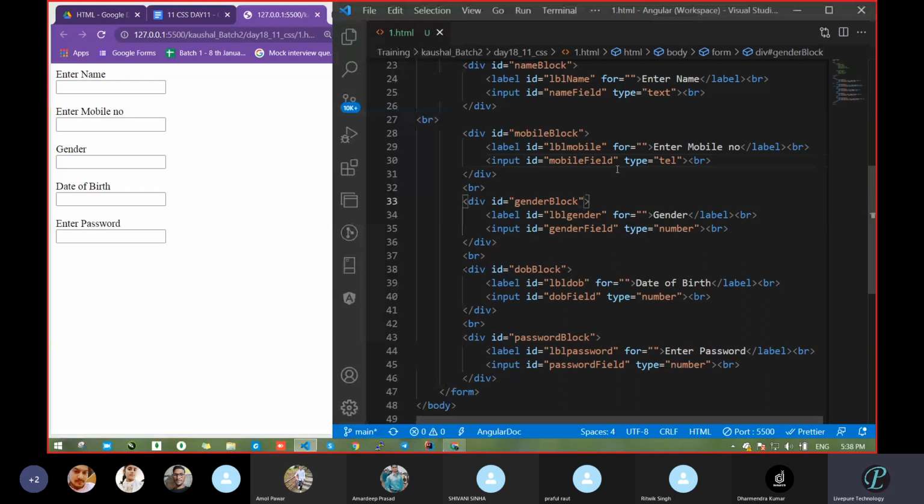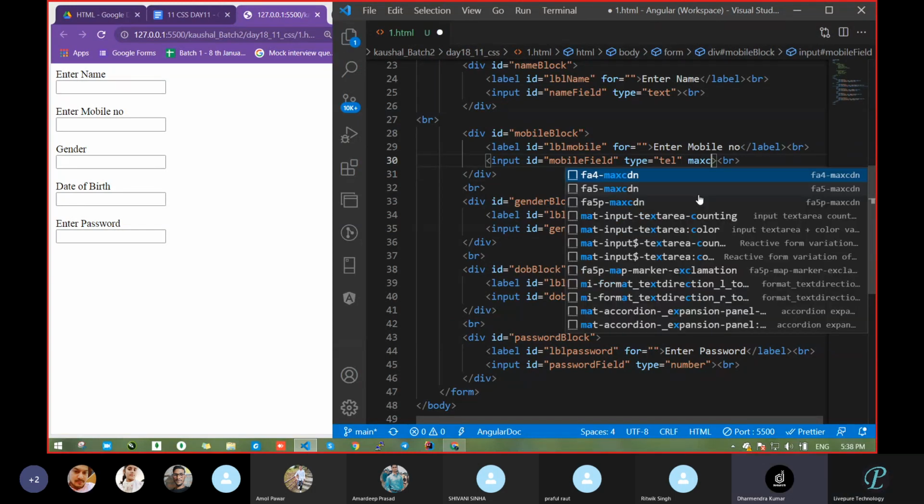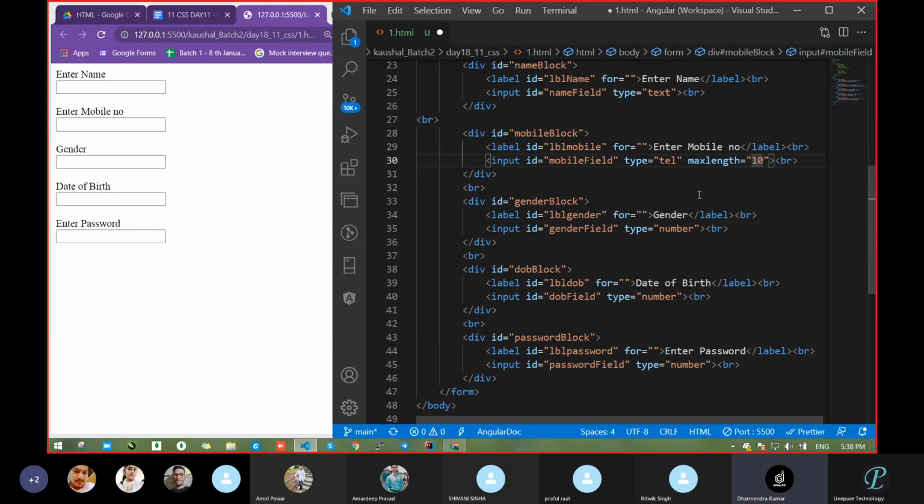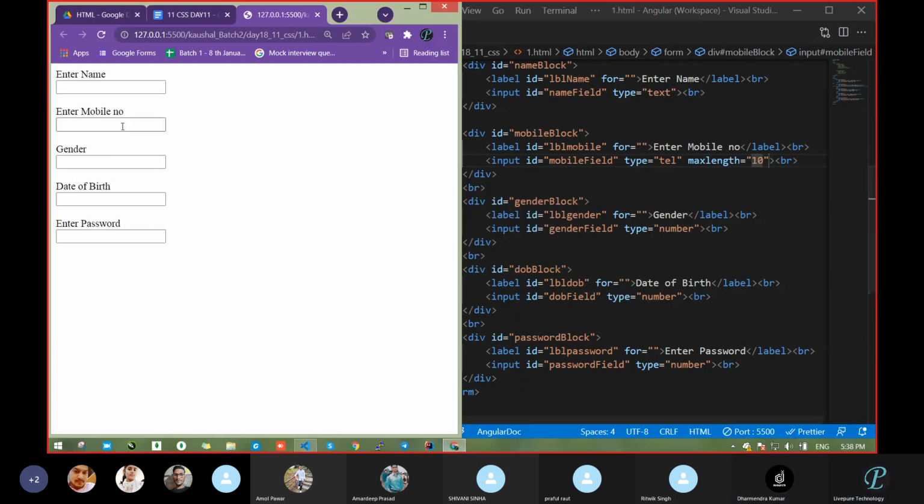Clear? Sir, can you pass the limit in a telephone number? Max length. That's it. It's not increasing.